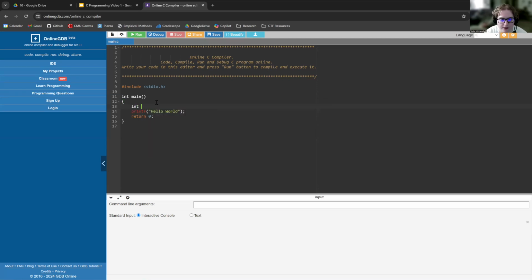I'm going to declare an integer called a, set it equal to 9. I'm going to declare a char called b and set that equal to the letter b. And then I'm going to declare a double called c and set it equal to 10.75. If I want to print all these out, I'm going to use the printf function with my parentheses